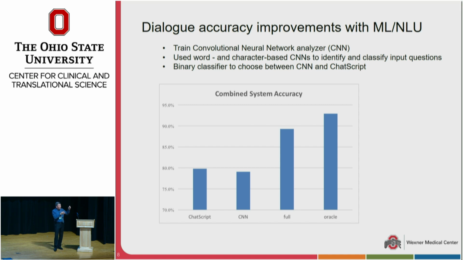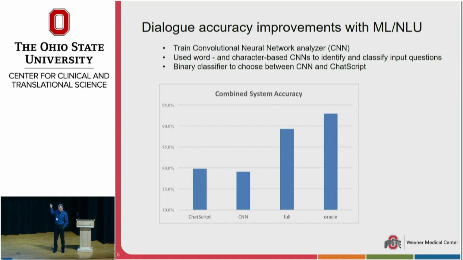The CNN was better at some types, pattern matching was better at some types. And when we had a human retrospectively go back and classify those, we could get a dramatic increase in accuracy. So then we created a binary classifier to choose based on the types of questions that each one got right. And it was not as good as the human, but still gave us a pretty big increase in